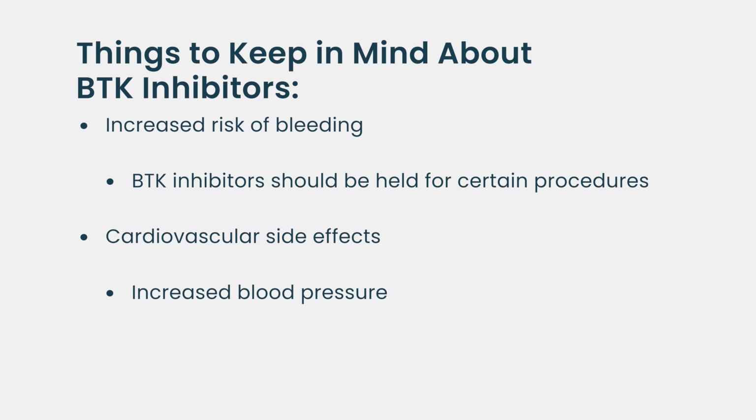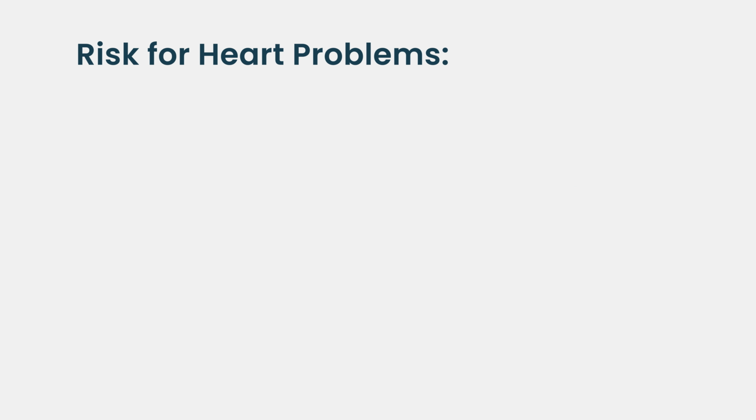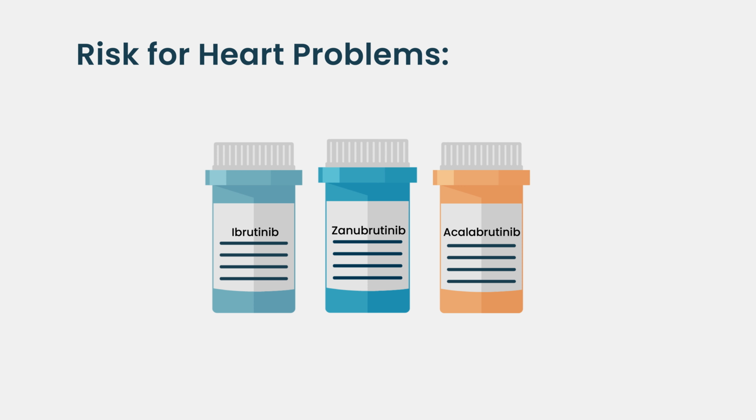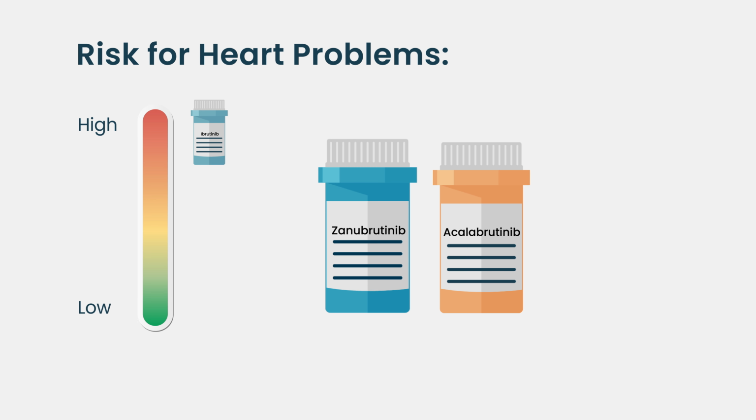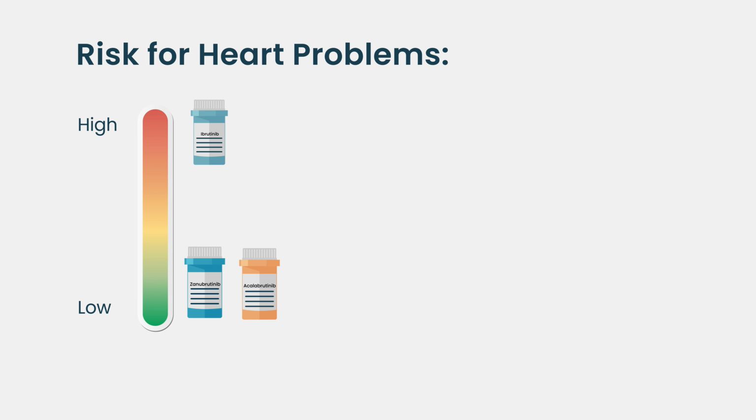And then the other risk we talk a lot about is the risk for a heart arrhythmia or atrial fibrillation. This is an abnormal heartbeat. It's common in the general population, but we actually do see a higher rate in patients who take ibrutinib, acalabrutinib, or zanubrutinib. There's some differences between each drug, and sometimes we select the drug based on the patient there. It does look like with ibrutinib, this risk is higher, we know now, than with acalabrutinib or